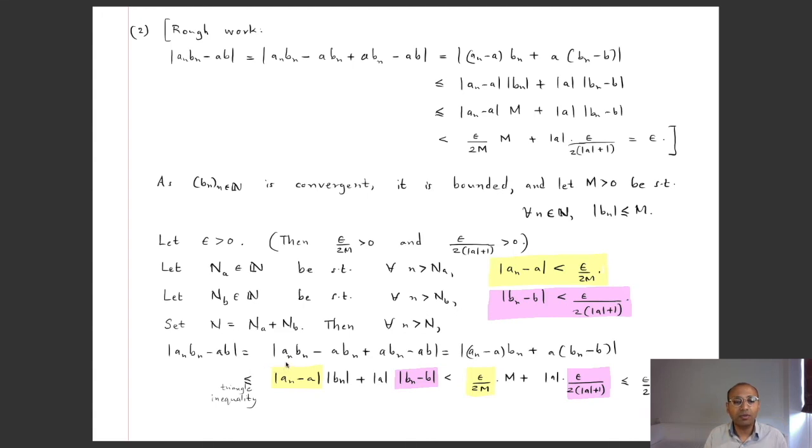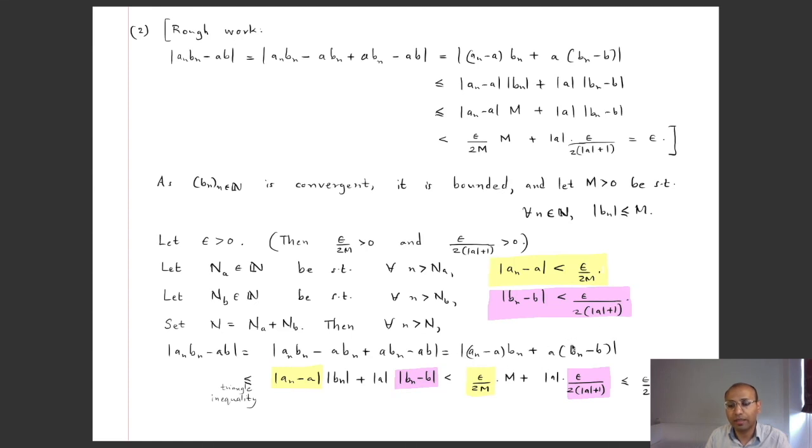That is equal to, I add and subtract this term. So effectively I'm adding 0, doing nothing to it. So I do minus A Bn and plus A Bn. And then the nice thing is that I can take Bn as a common factor. So I get An minus A times Bn. And here I take A as a common factor. So I get A times Bn minus B. And by the triangle inequality, this is less than or equal to the mod of this one